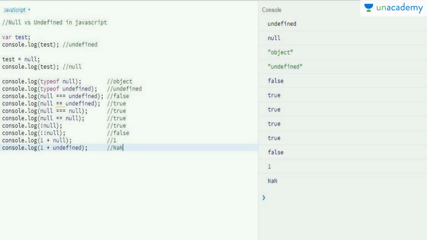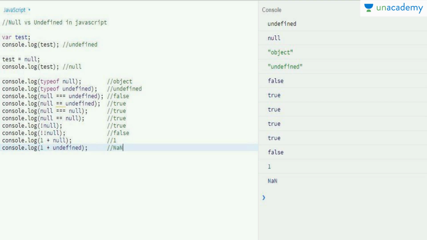If null is false in binary, null is a 0, so not null is true. And if I want to print the exact value of null, then I have to place two not operations. The first not null gives us the value of true, and the second not gives us the value of false. So we get the value as false.